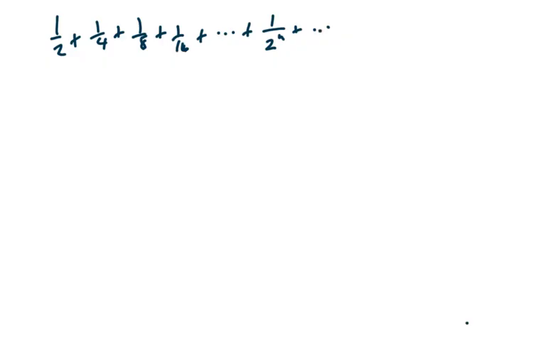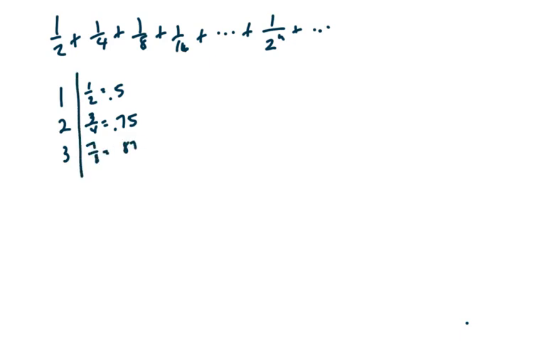So let's look at some partial sums. If we add the first term, we get 1/2, which is 0.5. If we add the first 2 terms, we have 2/4 plus 1/4 is 3/4, which is 0.75. If we add the first 3 terms, we have 1/8 plus 1/4 plus 1/2. So this becomes 7/8,